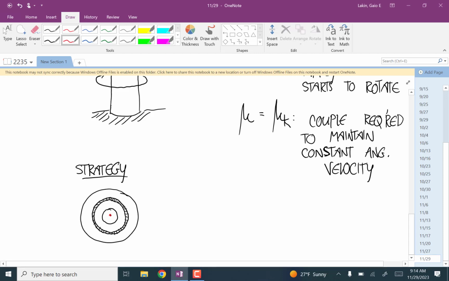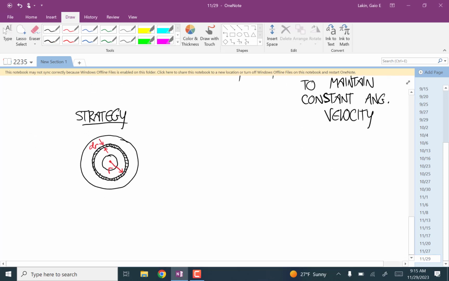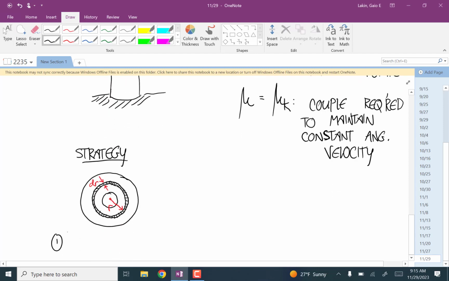The distance from the center of this tube out to the infinitesimal ring is lowercase r. The thickness of the ring is dr. And so the first thing we're going to do is figure out the total surface in contact with the